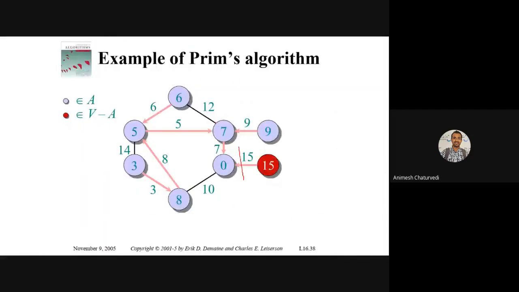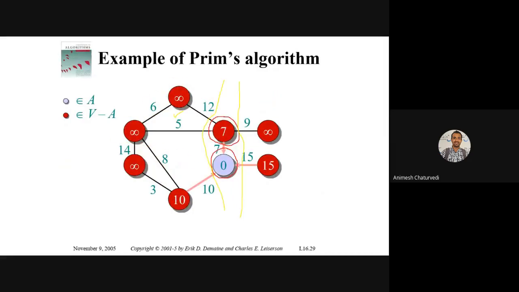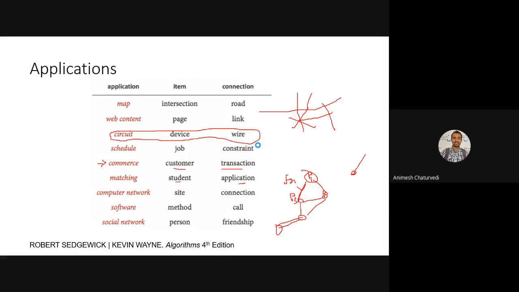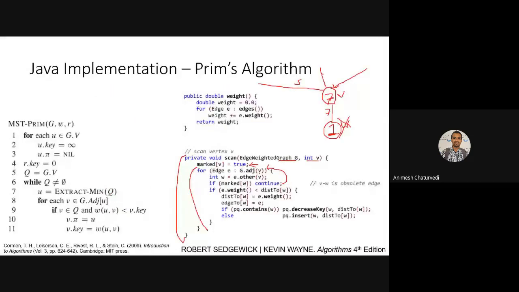So we'll see that graph. Till now we had reached this point. There is a possibility of 5, 12, and 9. So this is 5, this is 12, and this is 9. For this edge it will check what would be this.